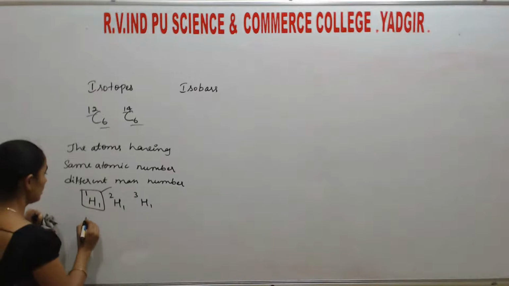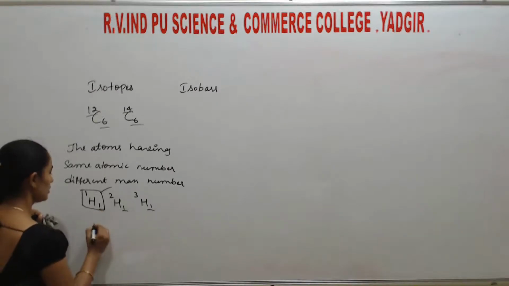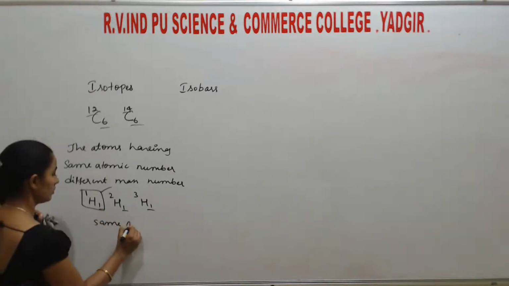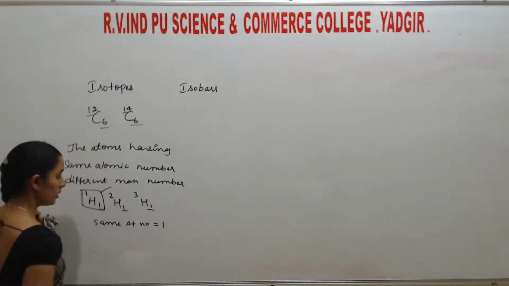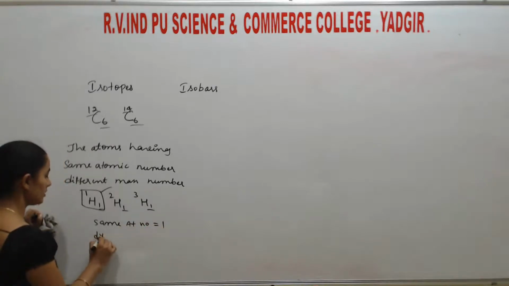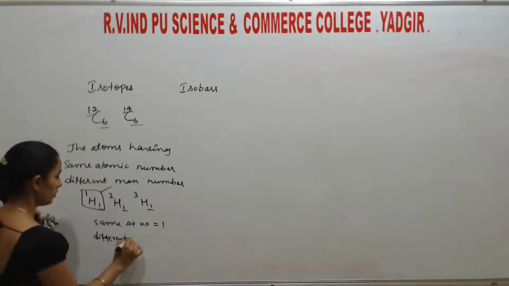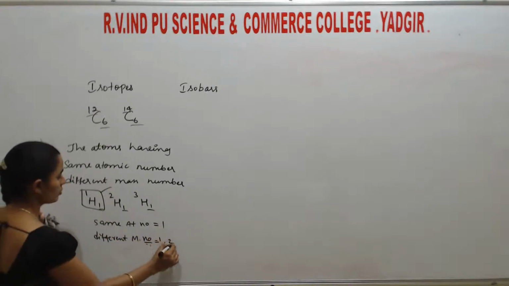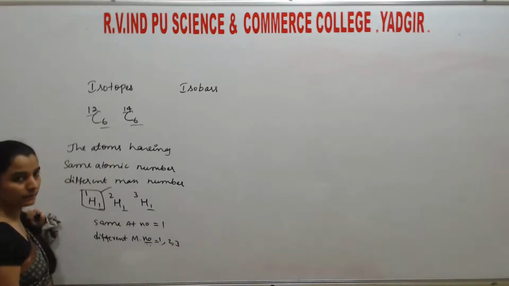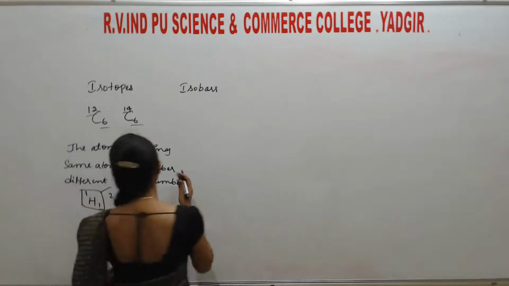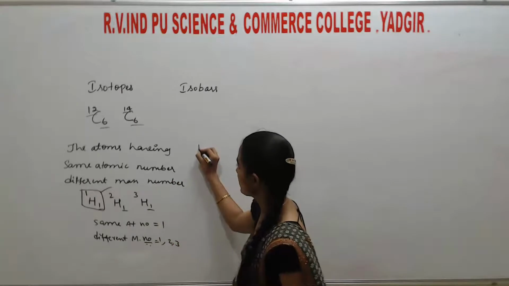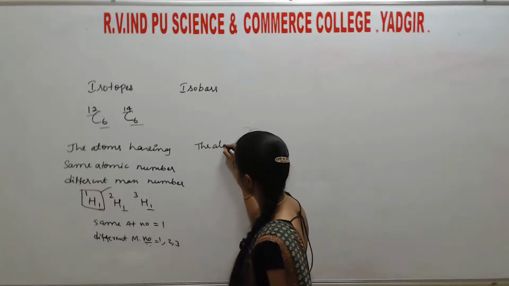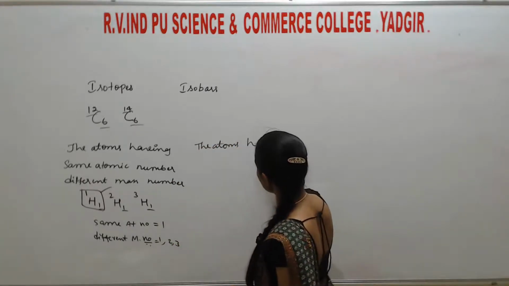So here the atomic number is the same, that is 1, but the mass number is different. Here the mass numbers are 1, 2 and 3. Okay, so these are called as what? Isotopes. Then what are isobars? This is just the opposite of isotopes. It means the atoms having